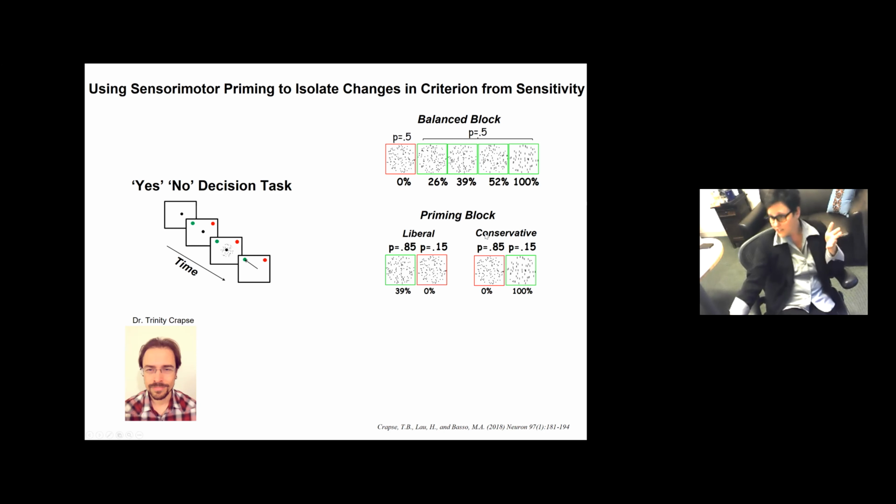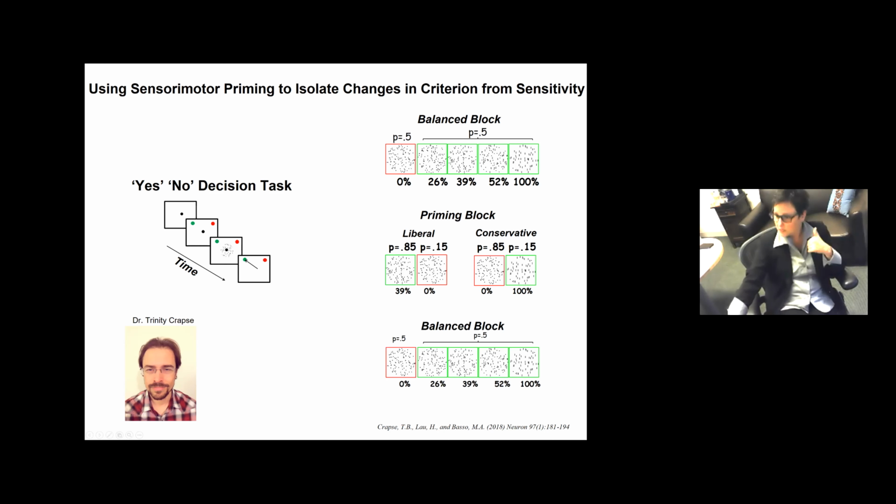Or on other days, he put the monkeys on what we call a conservative priming block. He did just the opposite. So the probability of saying no is 85%, and the probability of saying yes is only 15%. So now the monkey's in a groove of saying no, he's more conservative, okay? And then what he does is the balance block again, okay? The same 50-50,